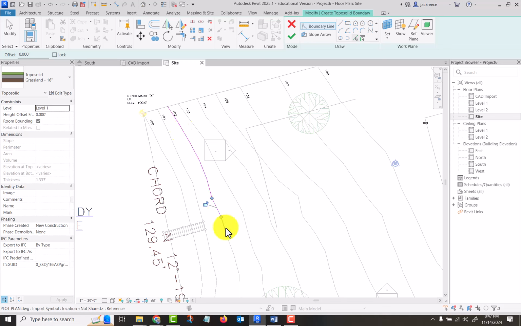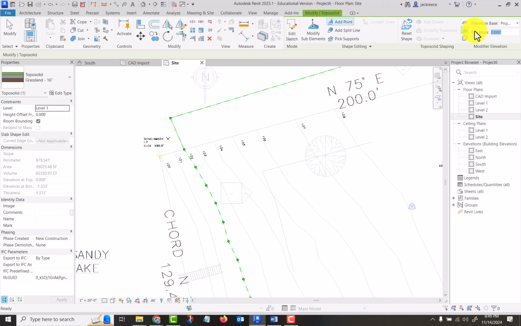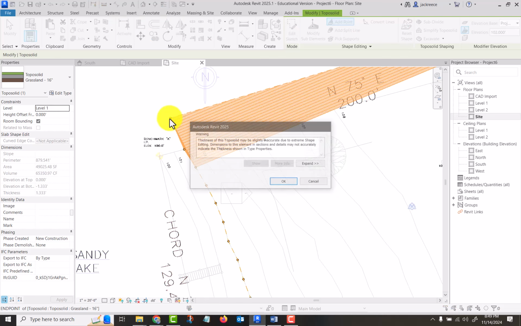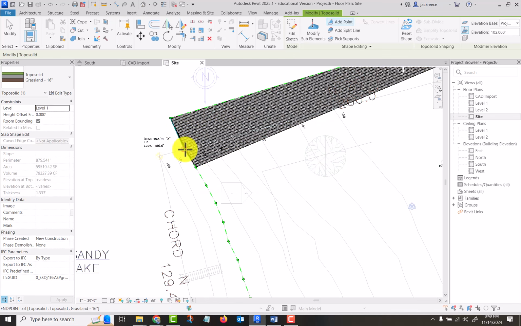So we're going to go add points, absolute, and we're going to say 102. And then we're going to come through and pick all of these points across the 102,